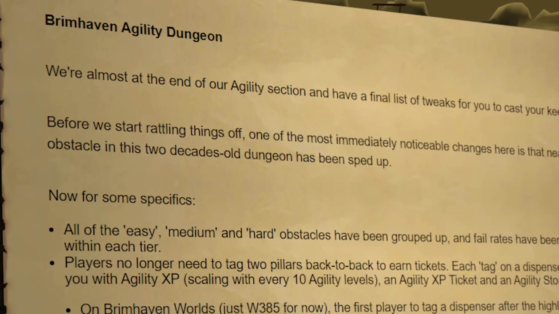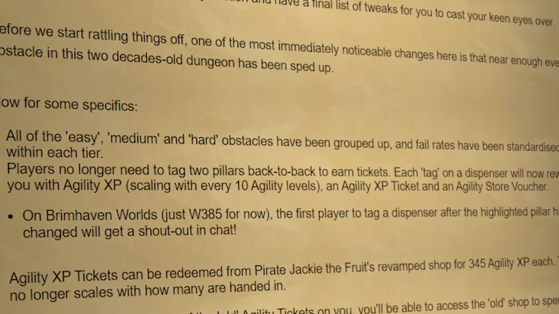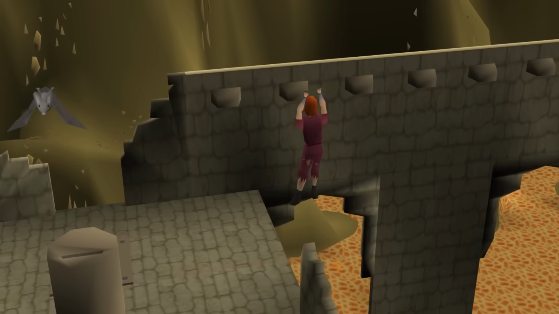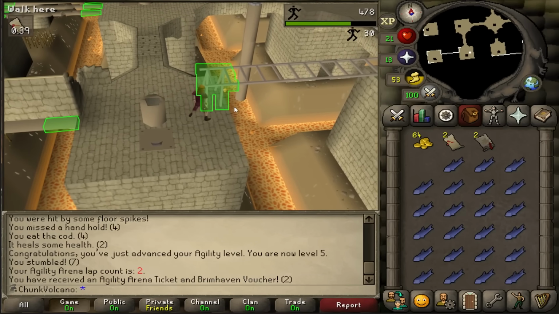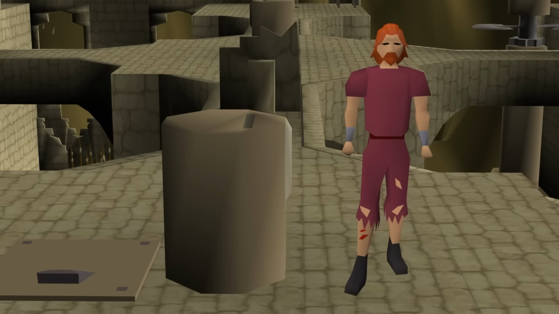The big update here happened back in May, and it made so many good changes. I won't go over much, but the most noticeable things are stuff like every obstacle being sped up, making the whole arena just flow nicer. Before, you also had to tag 2 pillars back to back to get a ticket, meaning if you teleported away for a random event, or you just started, you'd not get any tickets for your first pillar, which just felt